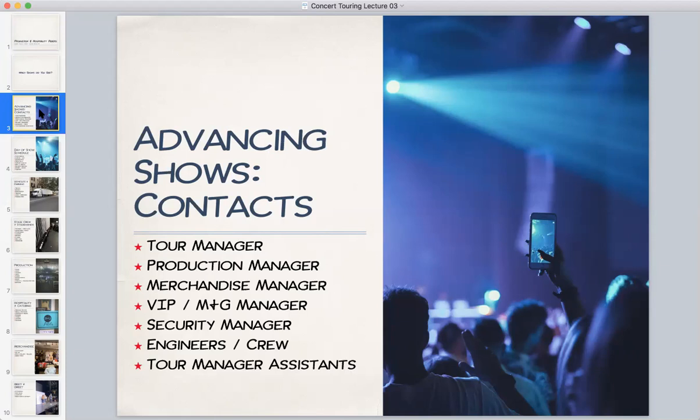So the main contact when it comes to the touring side is usually the tour manager. That's the main person in charge of the entire tour. They deal with the money, making sure everyone gets paid, those payments are correct, and those settlements are matching. So if you're doing your deals and settlements and you're sitting across from a tour manager, it's very important to be confident and understand your deal, go over your numbers, and make sure they're all right,